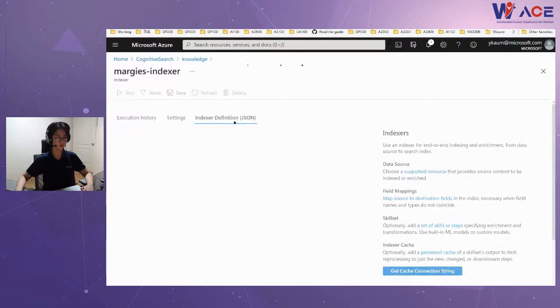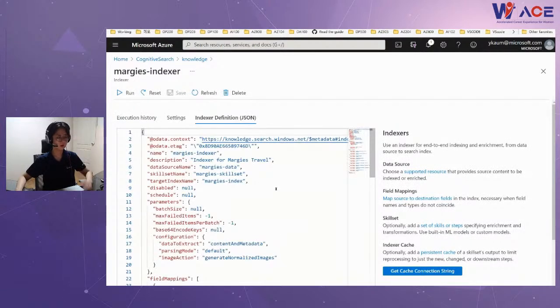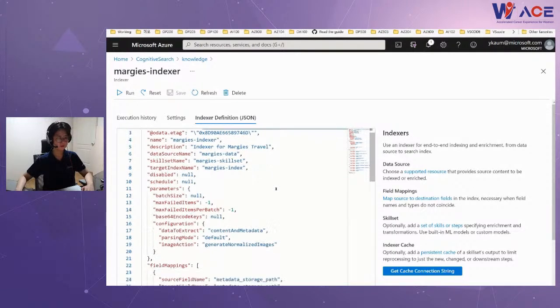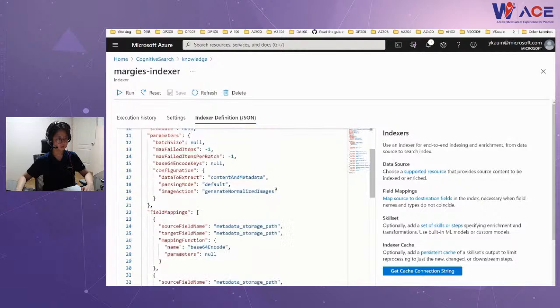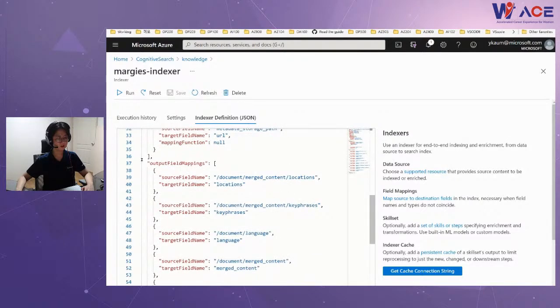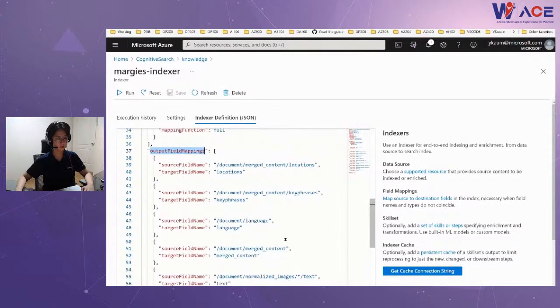Go to the definition. It also contains JSON definition. What the indexer did, as I told you, is map skills to the index. If you can see here, you can see the output field mapping. So what was the source?